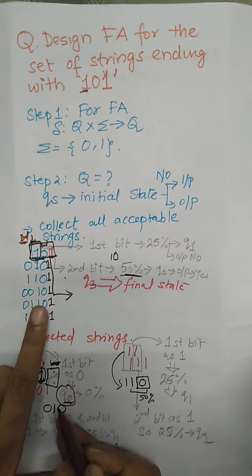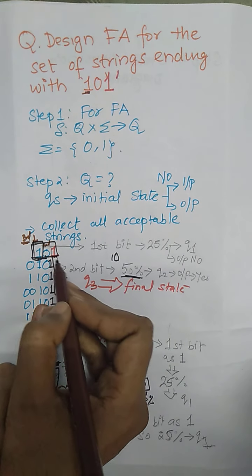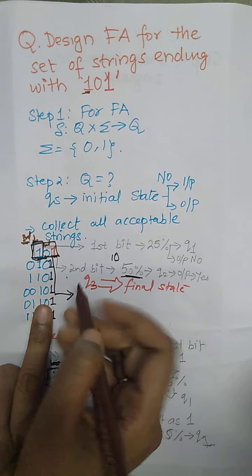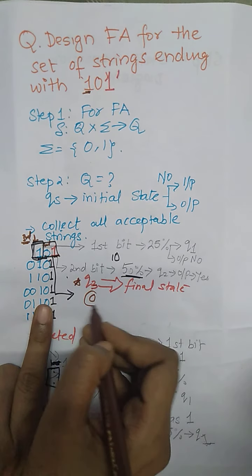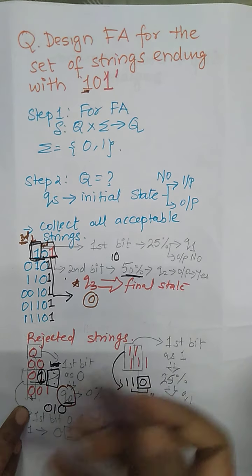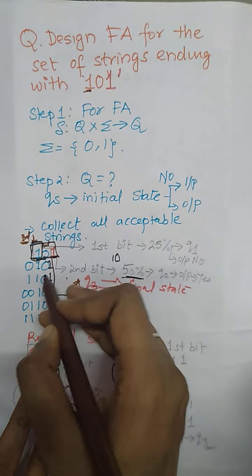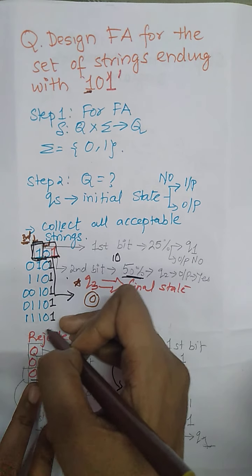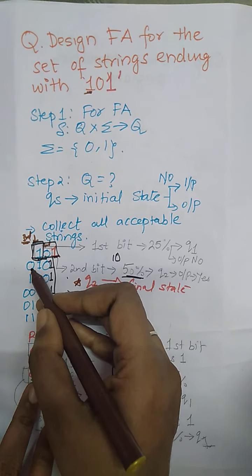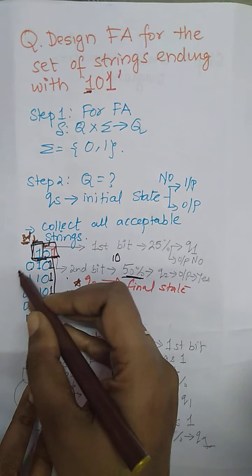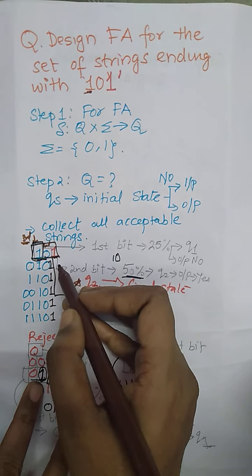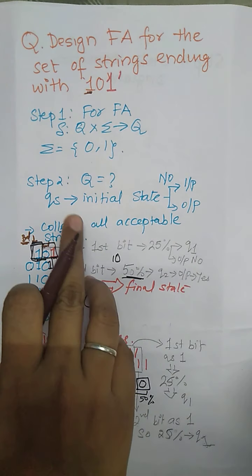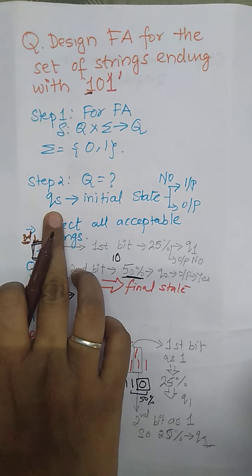Now we'll jump to the last position. The last position is 1, and definitely that will be the final state marked as Q3, and we have to put an asterisk, or we can say a double circle. Here the same thing is common to all the strings accepted by our automaton, because the string is ending with 101. Whether it starts with 0 or 1, we will least bother about that, but we have found out all the major states, as QS.